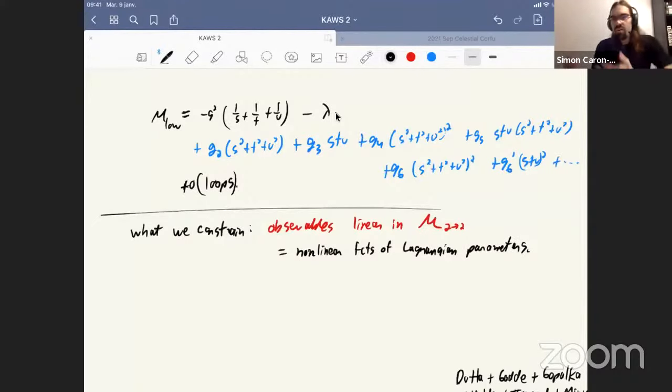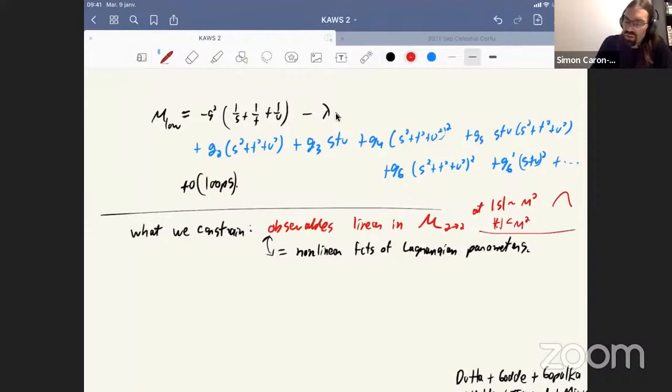Okay, so that's a bit you might have liked, if I could give you constraints directly on parameters in the Lagrangian. But I cannot do that unless you tell me what the map is, meaning you can compute loops. Well, if you can compute to some accuracy, you can probably work out the relation. But specifically, we would be bounding observables linear in M on this arc at S over M squared, and momentum transfer T less than M squared.